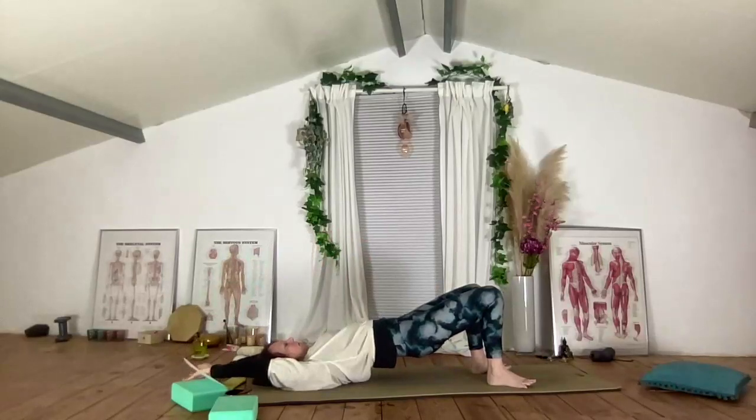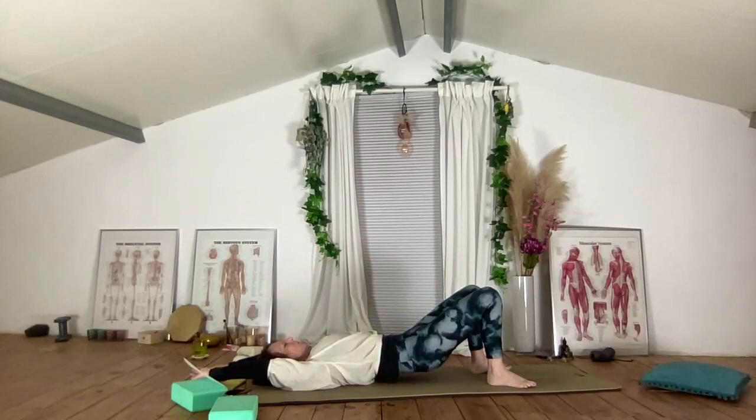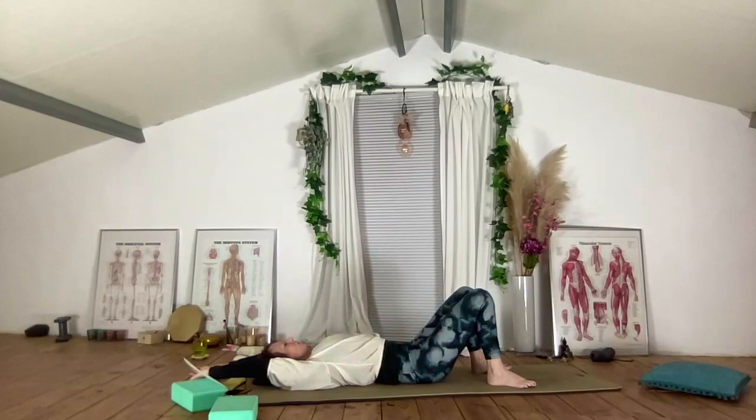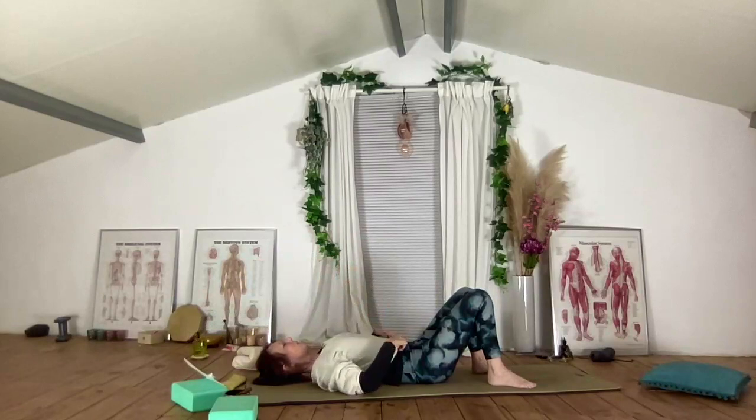Okay, breathe and slowly come down. There's a really pivotal point, I think, where there's a feeling of it really wrapping around your body, and then just stay on the ground. Hands can come onto the front of the pelvis and just, yeah, enjoy that feeling of,